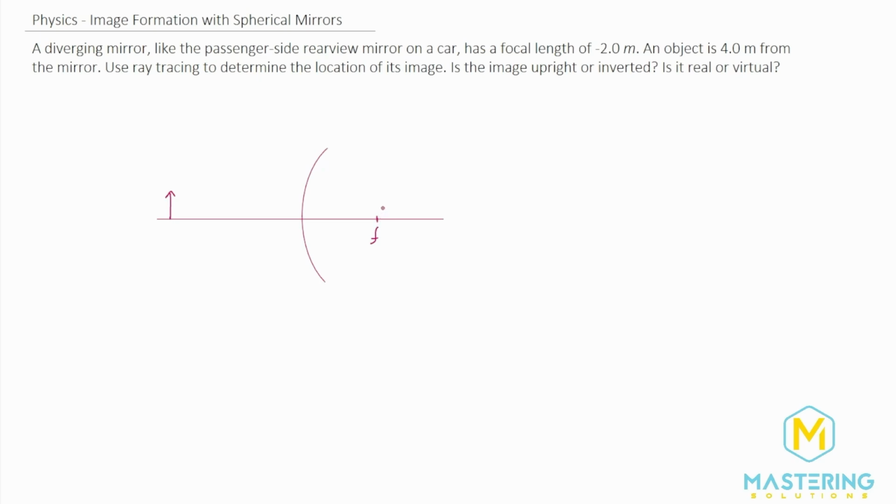For this diverging or convex mirror, to draw the ray tracing, we're going to do the 3 special rays as the book talks about: parallel to the focal point, the center of the mirror or center of the lens, and then the focal point to parallel. We'll start off with the parallel, and then it's going to reflect, and how much it reflects is as if it was coming from the focal point, and then it will go out like that.